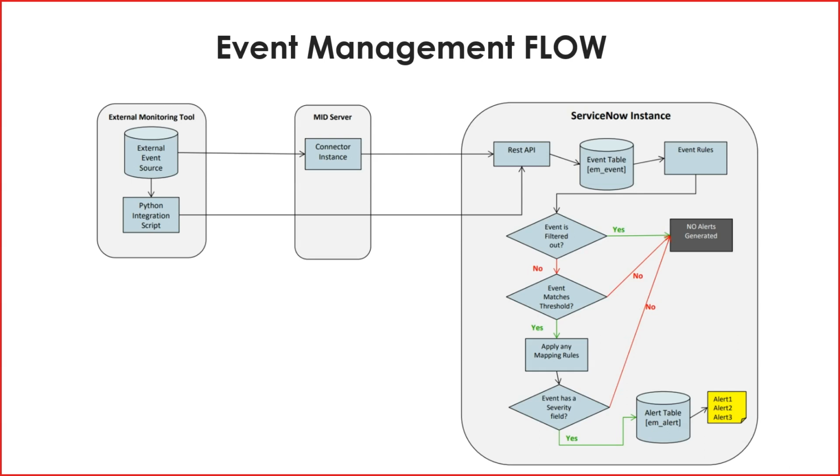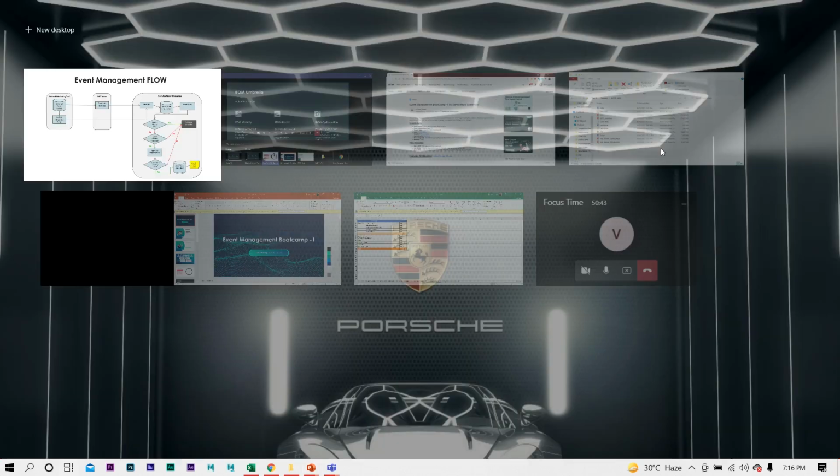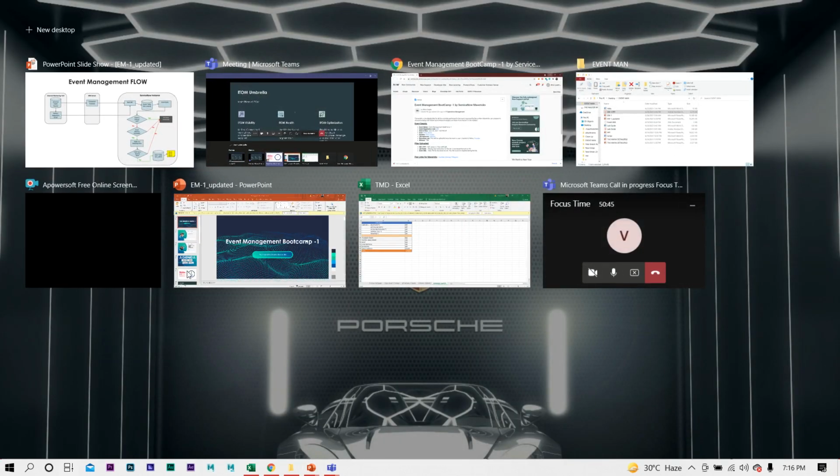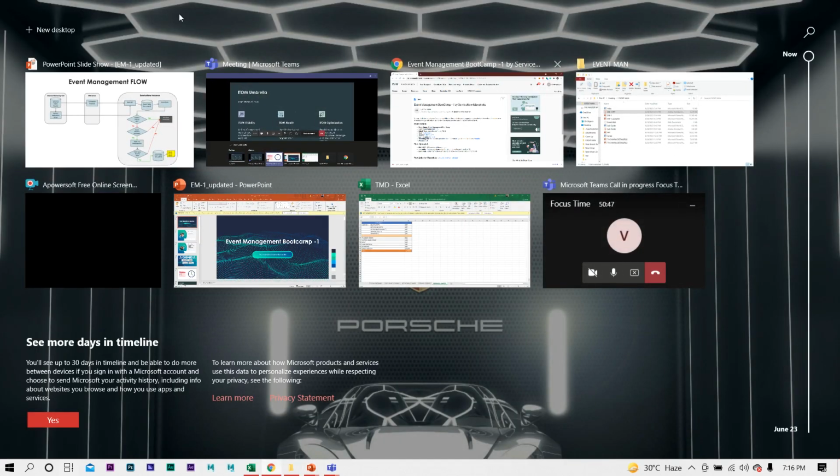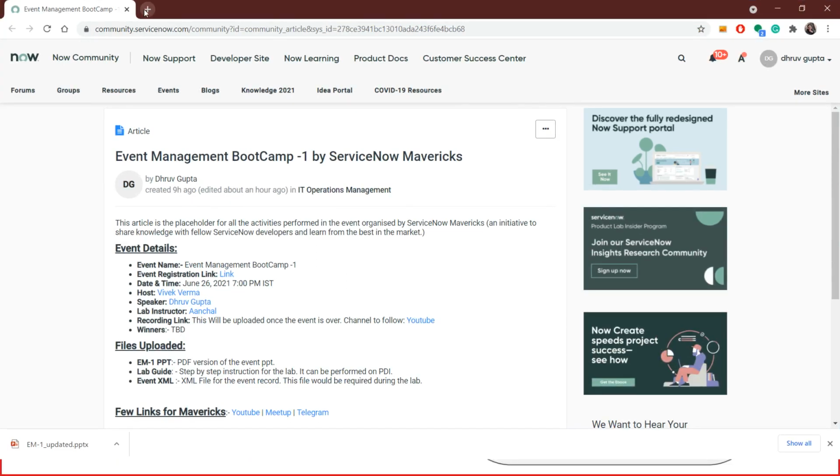Basically, the last step is that event management uses alert management to perform actions to remediate the issues, by creating an incident or running a remediation workflow. I'm just reiterating; I can show that in the system as well. Let me get into the system and show you some of the things. It was not planned, but I think it's important to show you those things in the system.